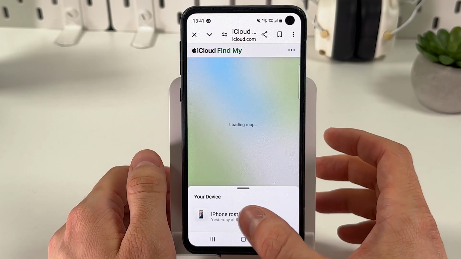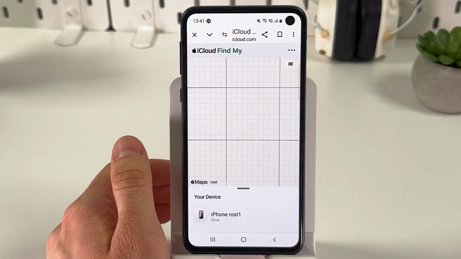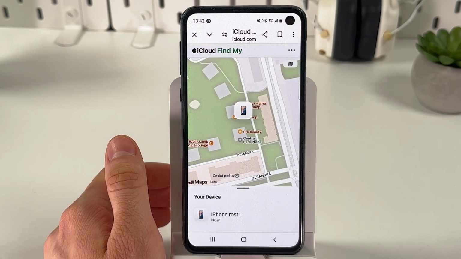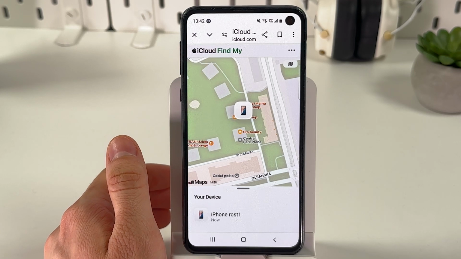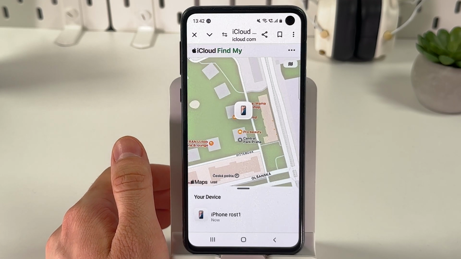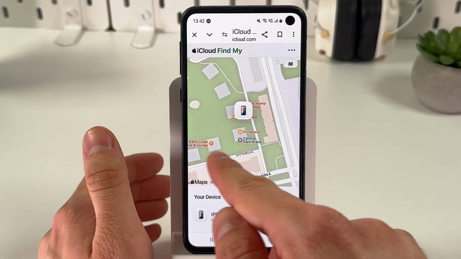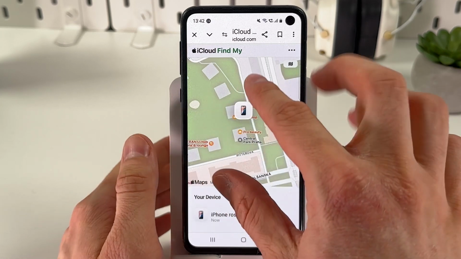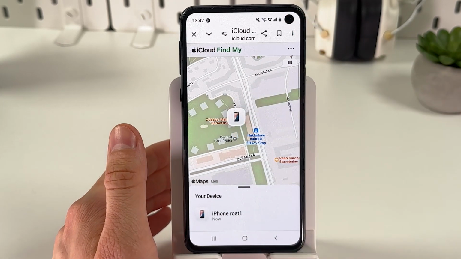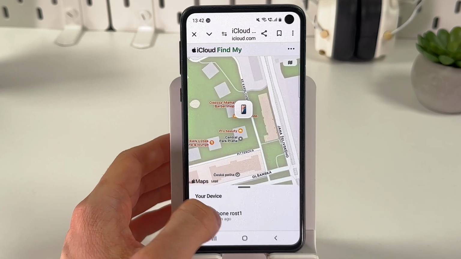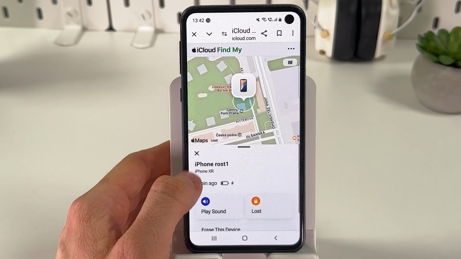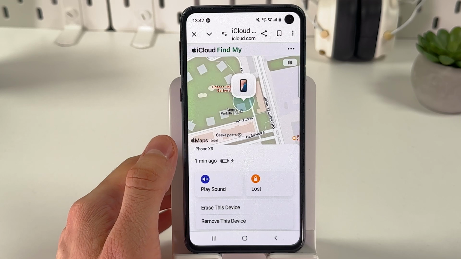Alright, so here is your device, right? You can find it. Sometimes you may need to re-enter your Apple ID password for security information, and here you'll see where your iPhone was tracked the last time. Easy as that. After that, you can press on your device, so choose it,